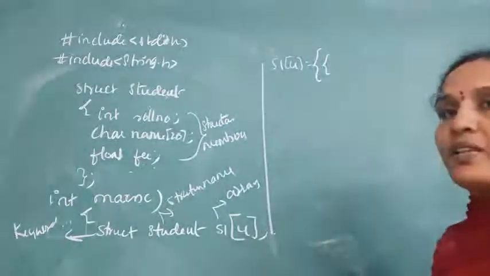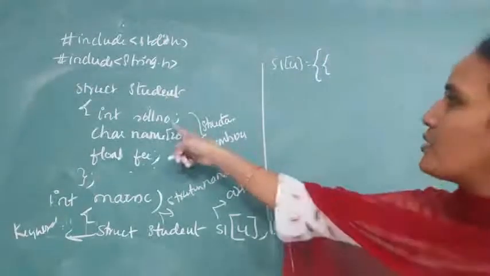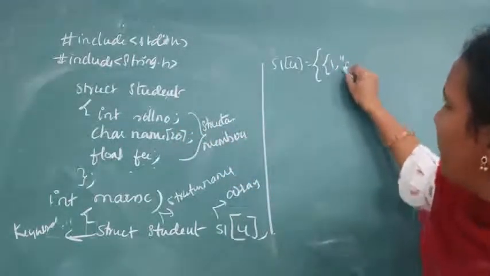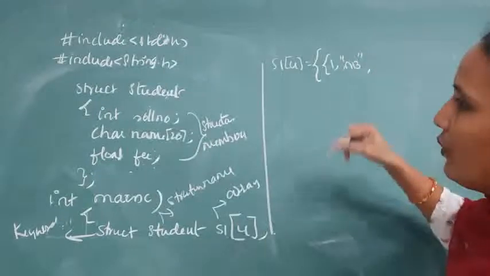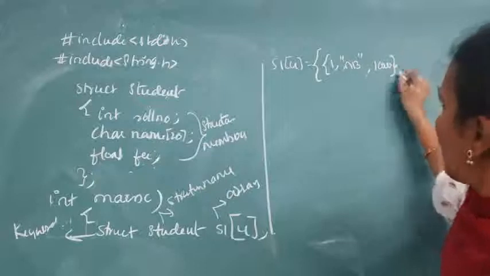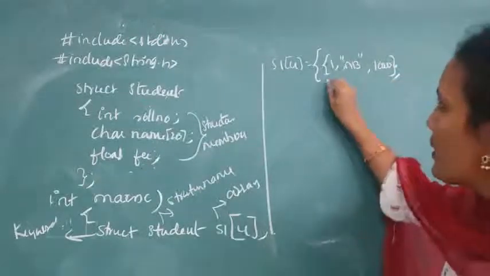Next, first student record. First student record, roll number 1. Example, name is AB. Now fee is example 10,000. Over first student record, comma. Now second student record,